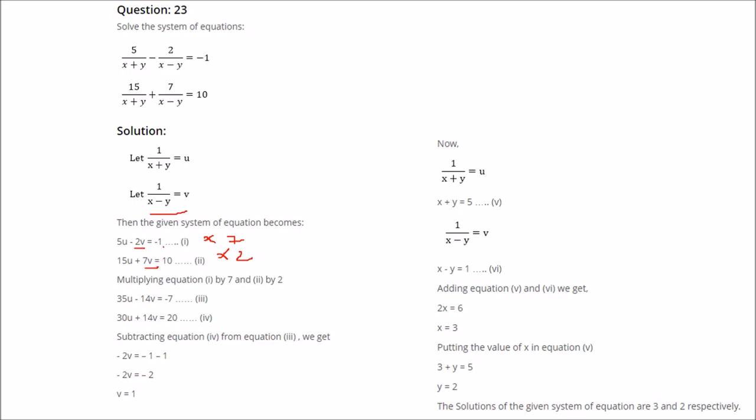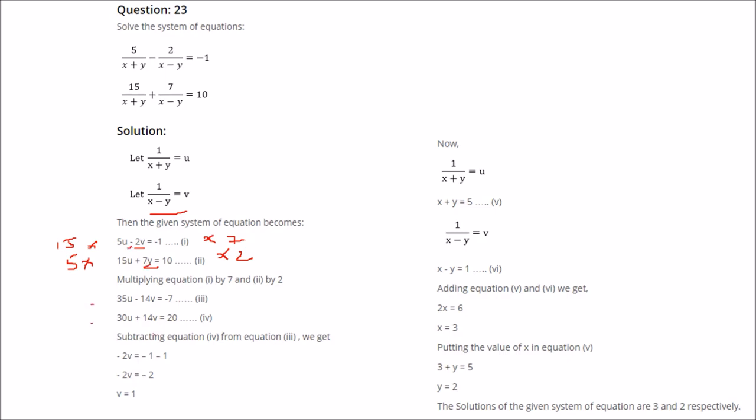And the best choice is that term you are making it equal, so that when they are multiplied, they are equal, but the signs are different. So we could have multiplied this equation by, say, 15 and this equation by 5. There was always a chance, and the answer will be same. But here the multiplication by 7 and 2 is quite easy, and apart from that you are getting a negative and a positive sign, so you just have to add these two equations.